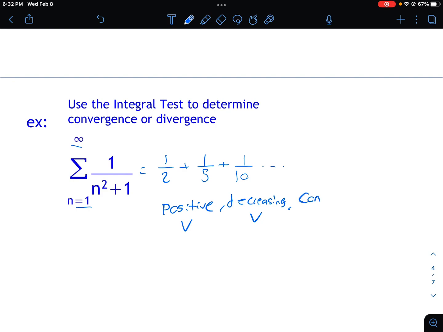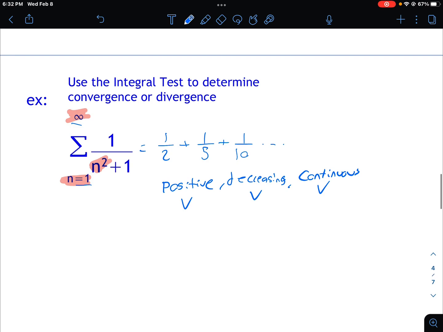And then we have to show that it's continuous. Well, if you look at the interval from 1 to infinity, in the denominator here, we always have the function value n squared. It's always going to be positive. So there's no issues with having a positive number cancel out positive 1. It'll always be continuous on the interval from 1 to infinity. And so from that, this means we're able to apply the integral test,